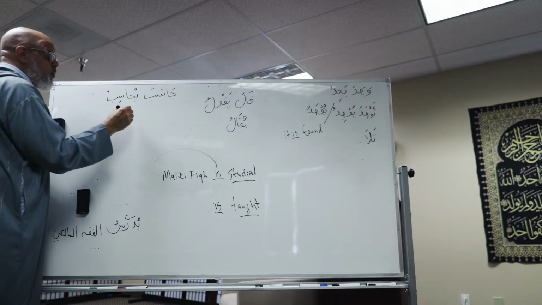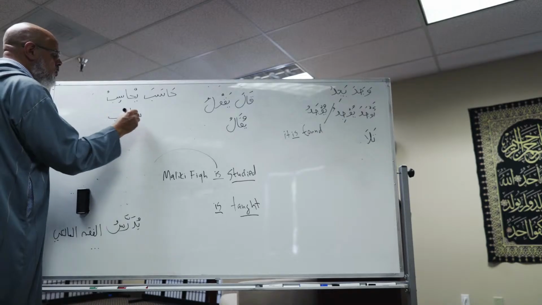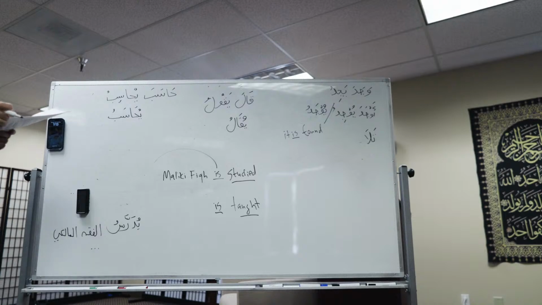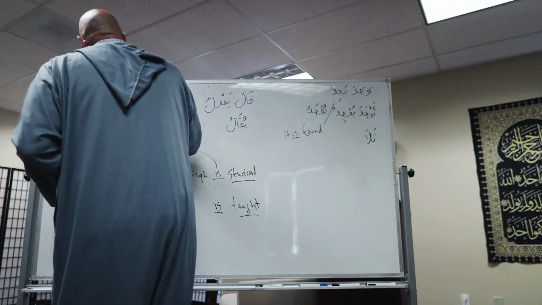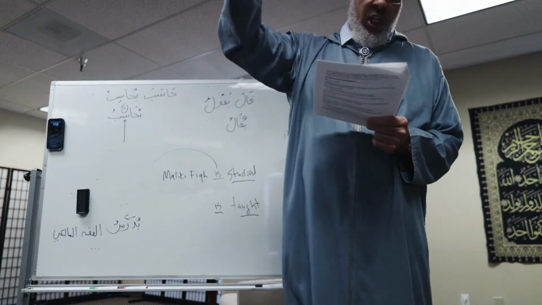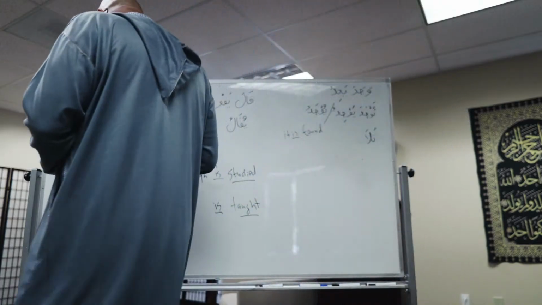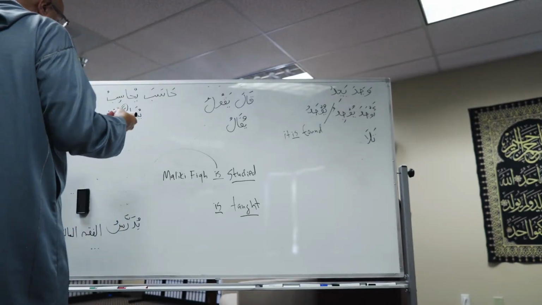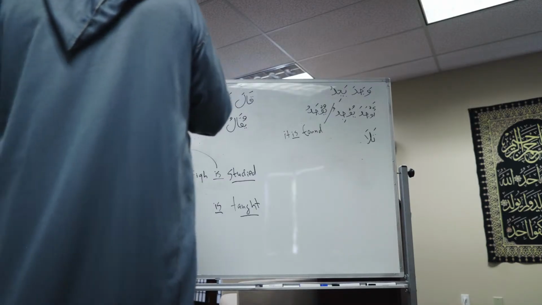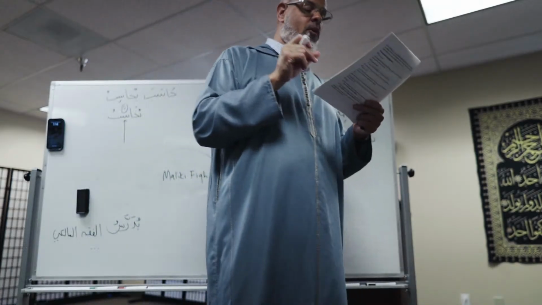That's for the active, but the passive is always changing that kasra, that middle vowel, to a fatha. So hasaba means to account for, to reckon, to take account of. And so when it is put into the passive, it is called to account. فَسَوْفَ